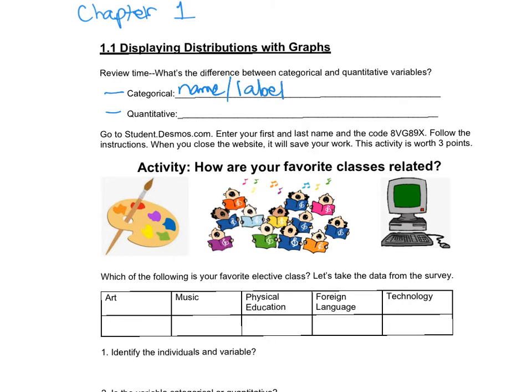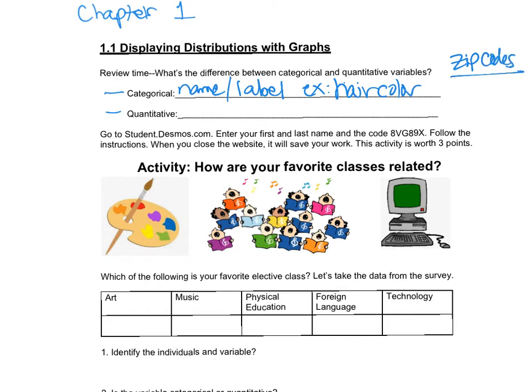These would be things like, for example, hair color. If I took a survey and asked you, the class, what hair color you have, that would be a categorical variable. Zip codes. Now, some people think, oh, well, the categorical variables can't be numbers, but zip codes are not